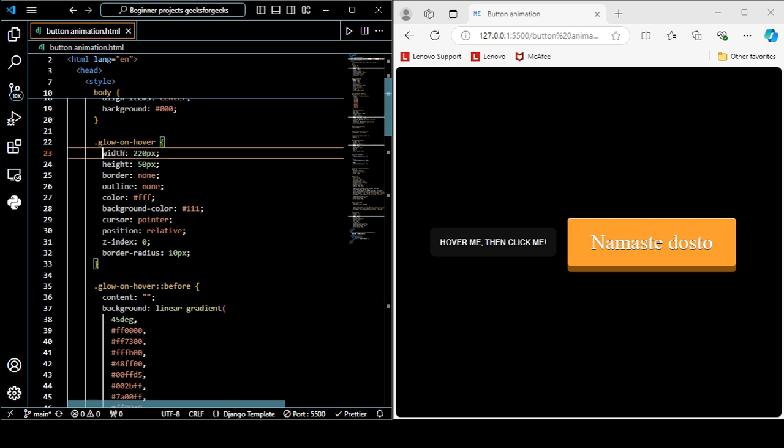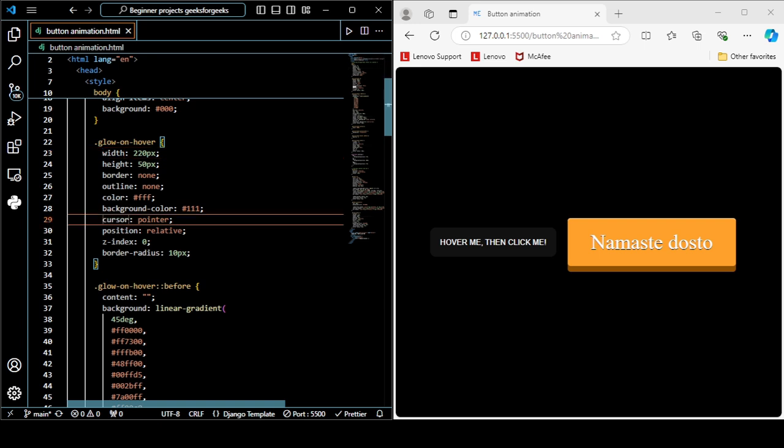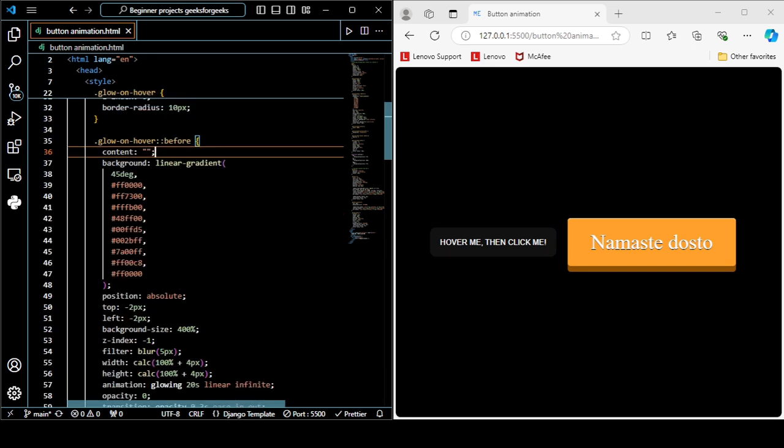For its class we have defined the width as 220 pixels, height 50, border none, outline none, color white, background color black, cursor pointer, position relative, z-index 0, border radius 10 pixels. Then the before CSS of this same part: content empty, and the